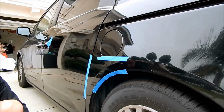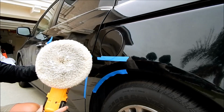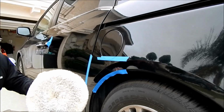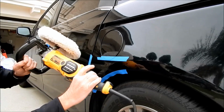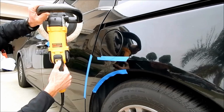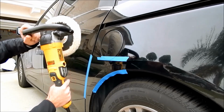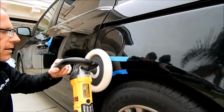So in this case, it's just a small area. That's literally all the polish I'm using, about 5 little dollops. Now this DeWalt, I can control the speed at the trigger, and I can set the max speed here at the dial. So I know that my max speed in this situation, I don't need to go over 1,000. So I'm just going to keep it this way. I'm just going to barely...